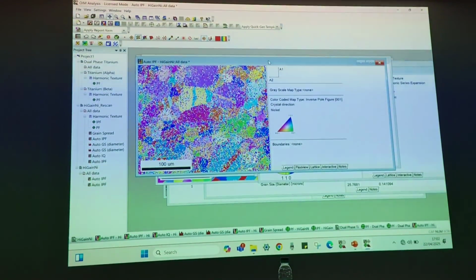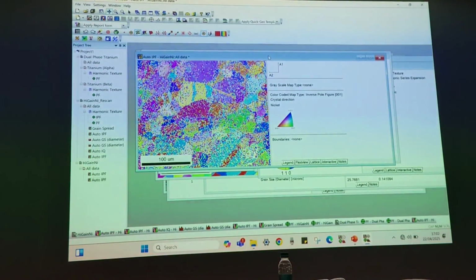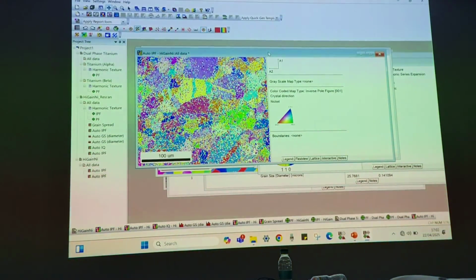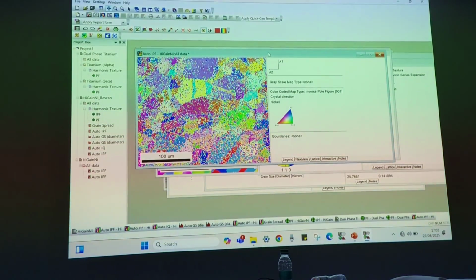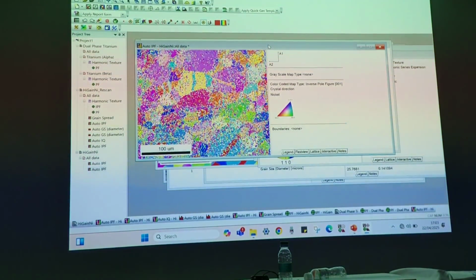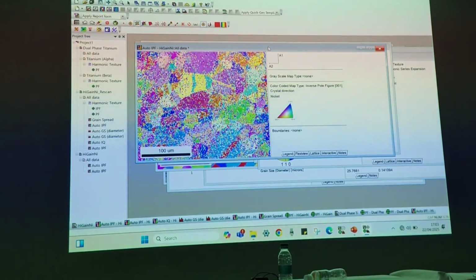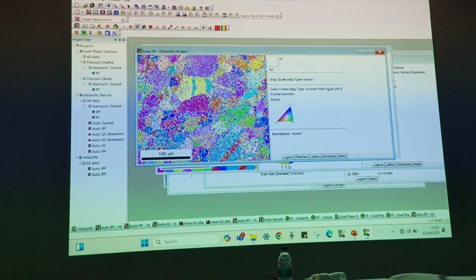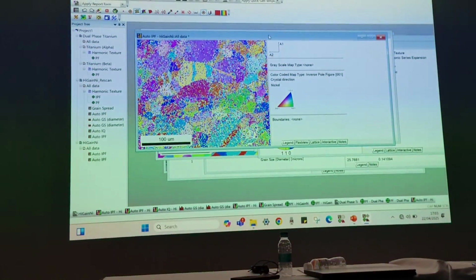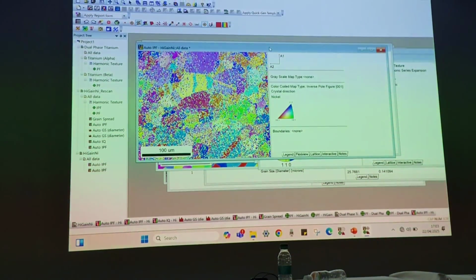Sorry? Can we write the result from that measurement only in bulk texture analysis, or do we have to be serious at the time of the experiment also? For bulk texture analysis, do we have to do a different experiment or the same? Yeah, it's measured through XRD. XRD also has this bulk texture goniometer.